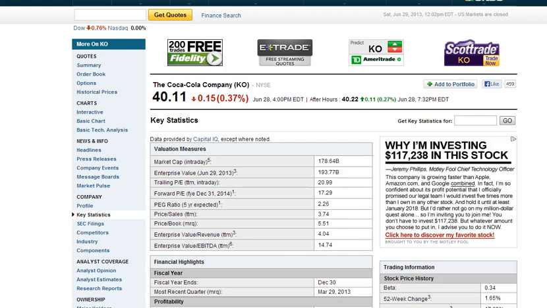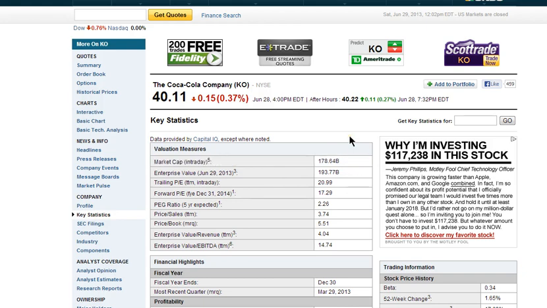Now, what is capitalization? Let's talk about that for a second. Capitalization, or market cap, is the number of common shares issued times the current stock price. It basically just represents how big the company is for that stock. So big companies are going to have large capitalization. For example, right here we've got Coca-Cola. Now, right now we're in Yahoo Finance, and if you go to the left side here and click on Key Statistics, the very top right here, that's market cap. That's what you want to look at.